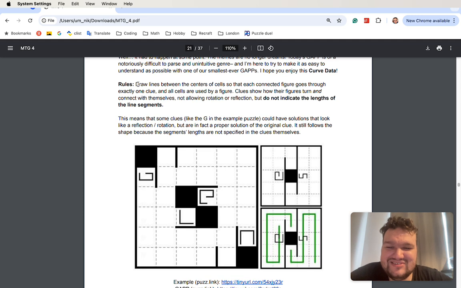Rules. Draw lines between the centers of cells so that each connected figure goes through exactly one clue. Clues are those scribbles, and all cells are used by a figure. Clues show how the figures turn and connect themselves, not allowing rotation or reflection, but do not indicate the length of the line segments. So in this small example, we have two areas that are completely separated, so we need to put like this